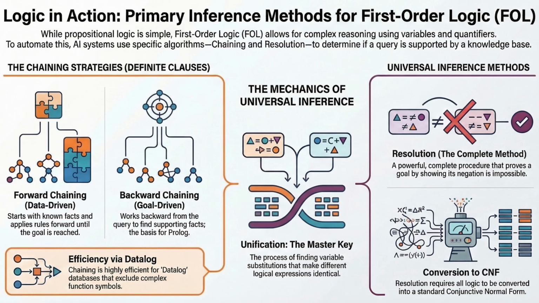We know the contradiction must come from pile 2 because pile 1 is just general facts. So the strategy says, never resolve two facts from pile one against each other. Only resolve things that are derived from pile two. Focus on the actual question. Don't just churn through the encyclopedia. That seems like a massive time saver.